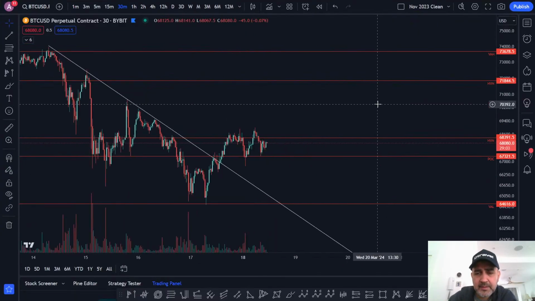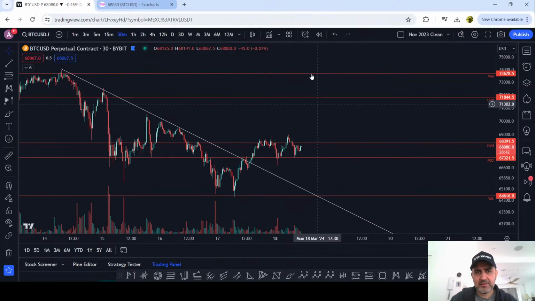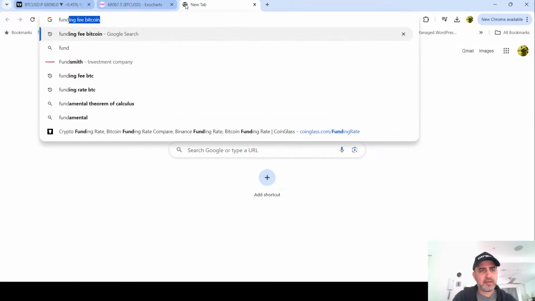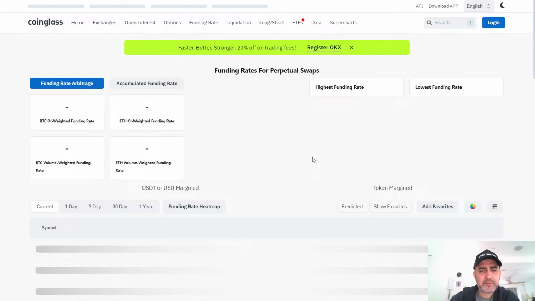All right. The other thing that I was paying attention to, which is always good to keep an eye on, is the funding rate. And when I'm looking at the funding rate now, it's neutral. Okay, the funding rate is neutral. I'm going to show everyone what I'm talking about. And it's good to keep an eye on the funding rate. If no one's familiar with this, if you are, then this is going to be boring for you. But for anyone who isn't,